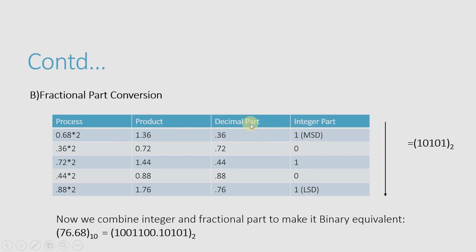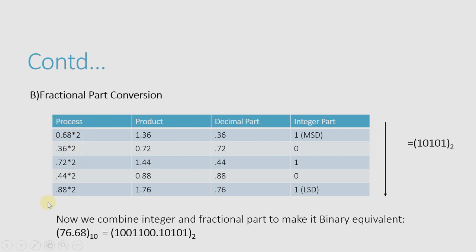Keep the integer part as it is and pick up the decimal part, again multiply it by 2. Here we can say that we are getting the same repetition. So up to 3 or 4 steps you show the calculation, you show the multiplication, and then you can stop. Otherwise, if you get the decimal part 0, you stop; otherwise you just stop after 3 to 4 steps, because it will keep continuing. So we cannot continue it, so we just show 4 or 5 steps of how to multiply.